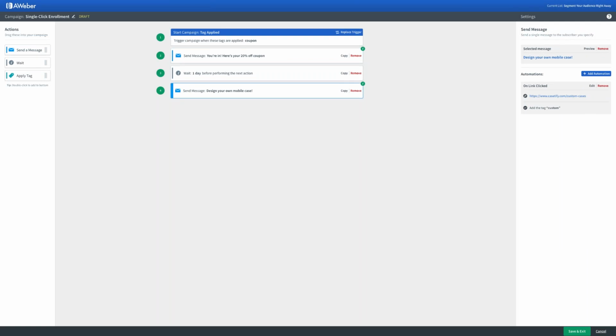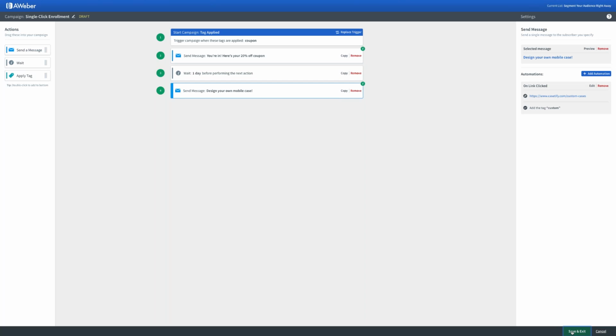So I can be a little bit more targeted with the communication I provide to them in the future, because I know that they're now interested in both iPhone cases as well as custom cases. That's a way for them to enroll or provide a bit more information or interest to you without having them go through the process of signing up or contacting you. It's a very easy way to segment your subscribers even further.